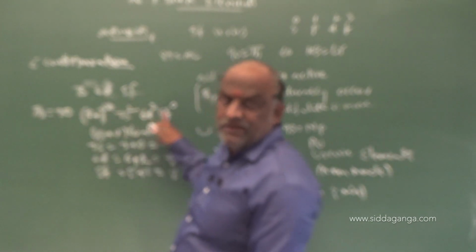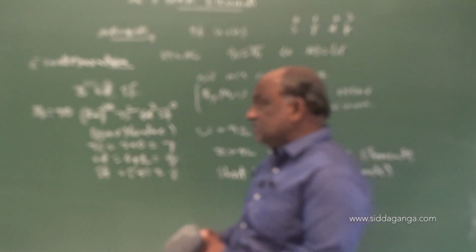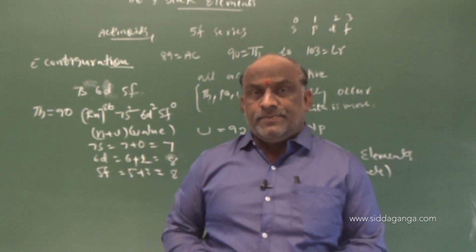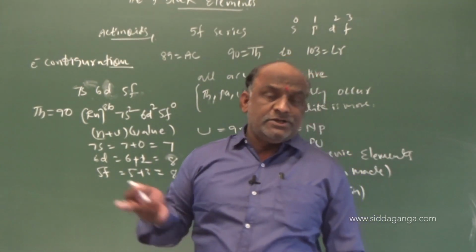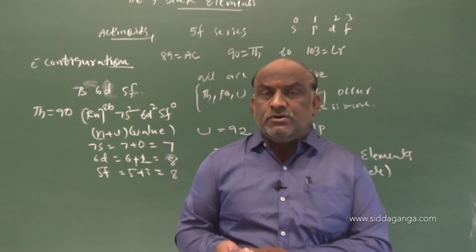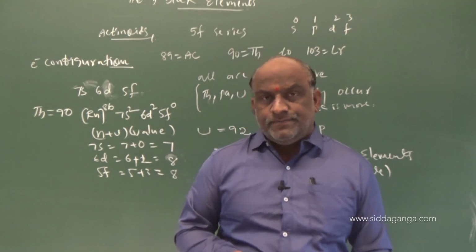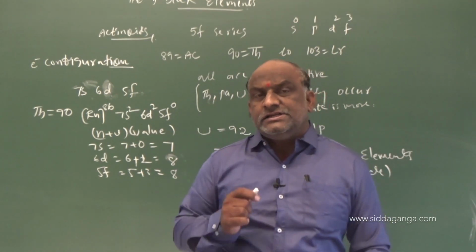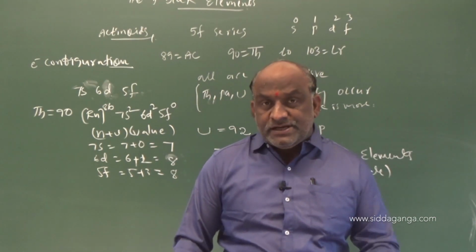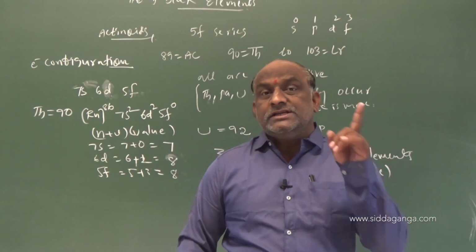Thorium doesn't contain any f electron, and let us discuss the oxidation numbers. Already we know the stable oxidation number of lanthanides is +3. Besides +3, lanthanides exhibit +2 and +4 oxidation states also, due to the stable configurations f0, f14 or f7. Already we discussed this point in the last class. The stable oxidation number of lanthanides is +3, and besides +3, some elements exhibit +2 and some exhibit +4.